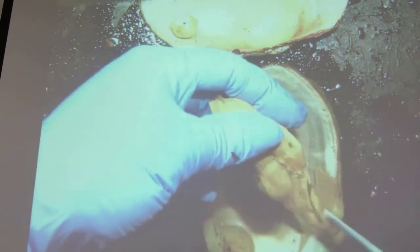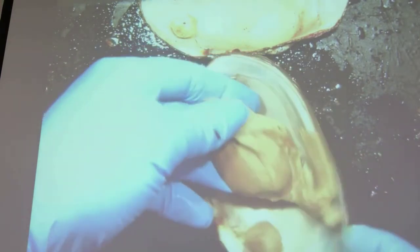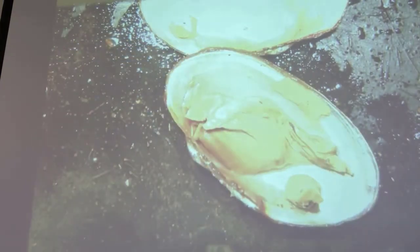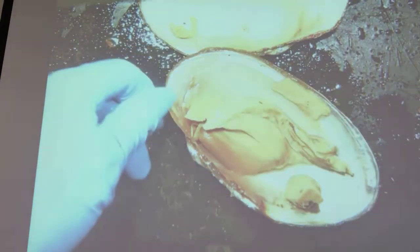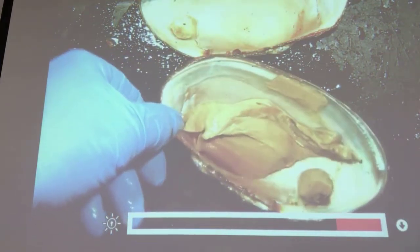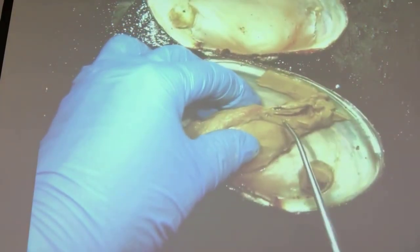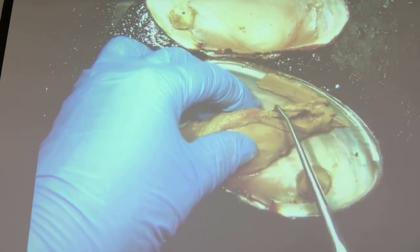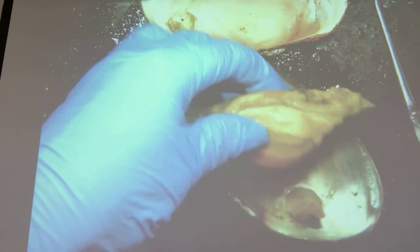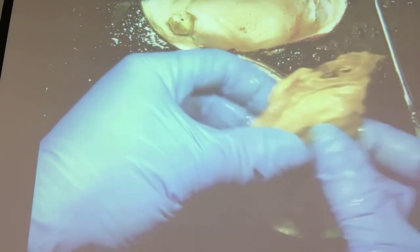In many dissections, it's important to keep as much of the animal intact as possible because the orientation of the organs relative to other organs can help you with identification. So knowing that that is the heart, and then underneath it, this dark structure, that is the kidney. As we continue to open up the visceral mass,